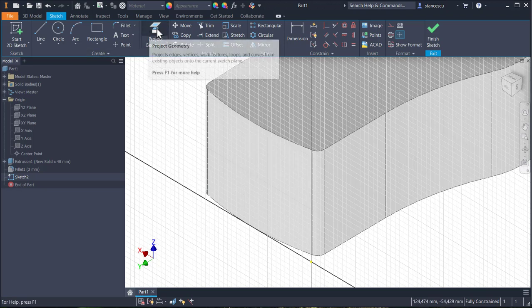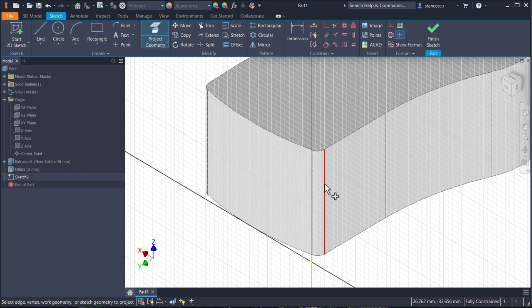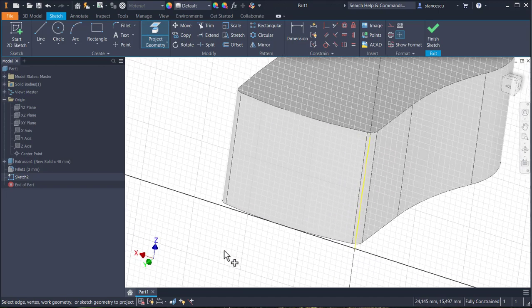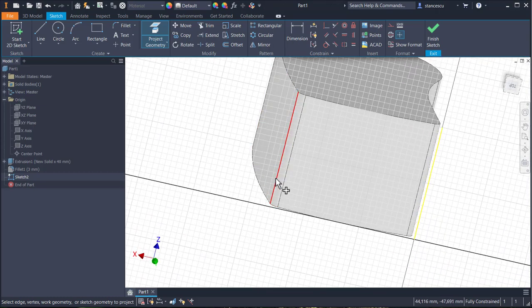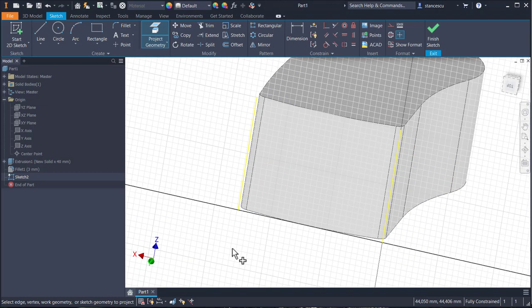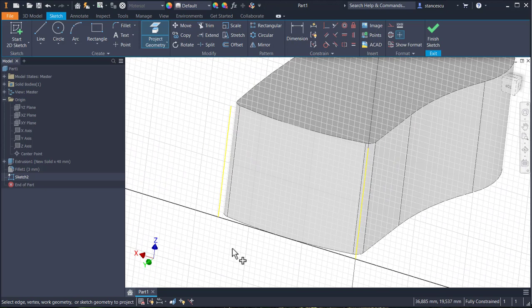We project this special edge and this another special edge. We draw a line, horizontal line, between these two projections,